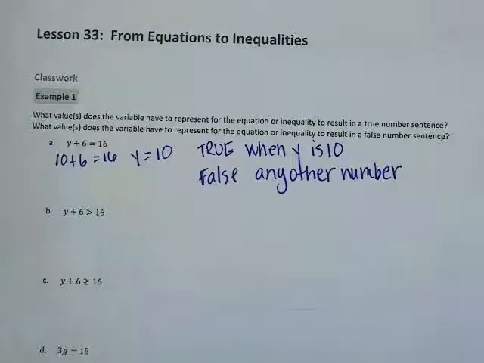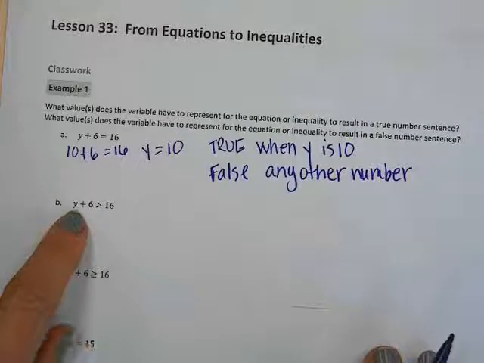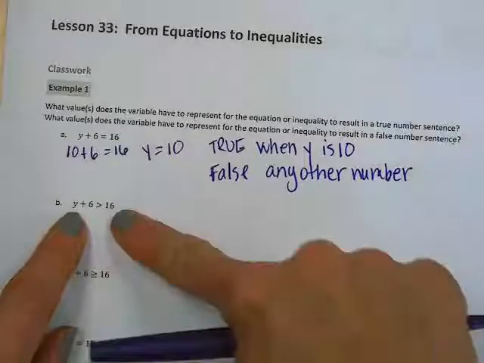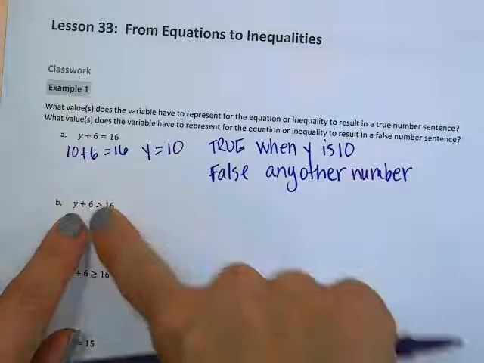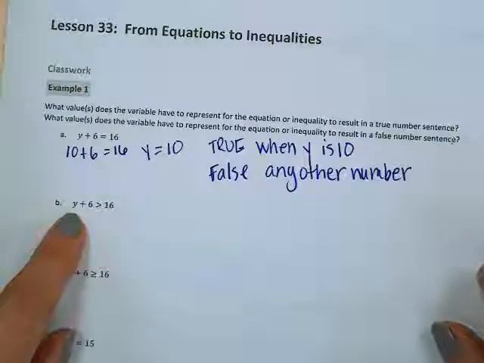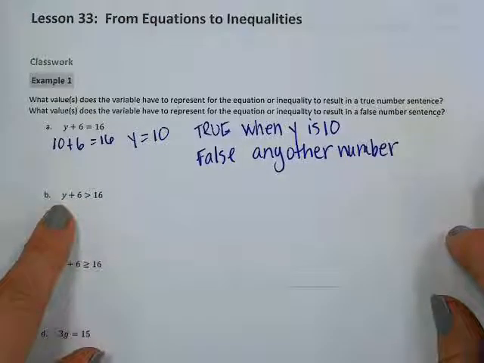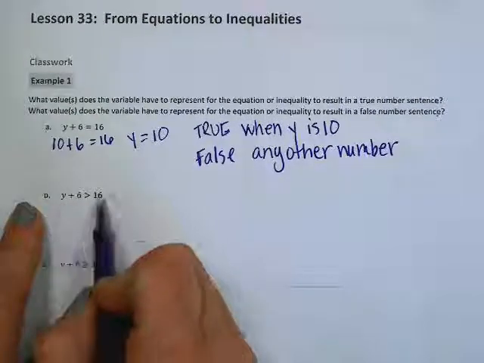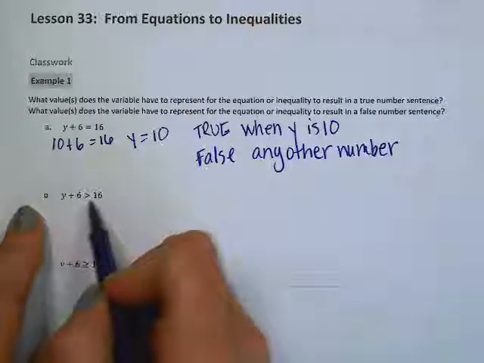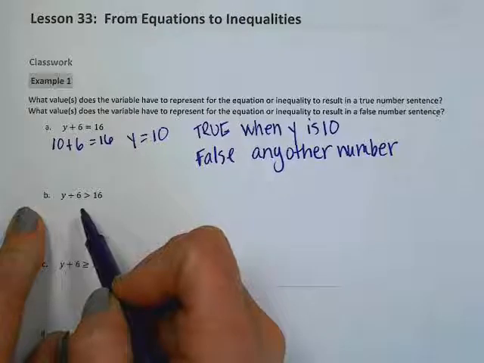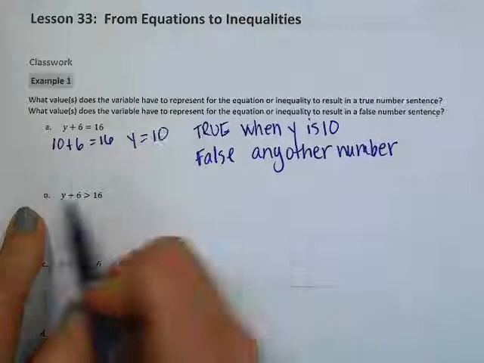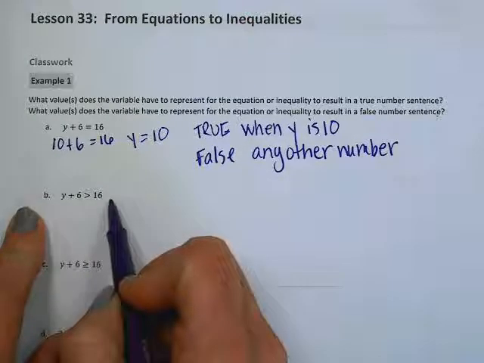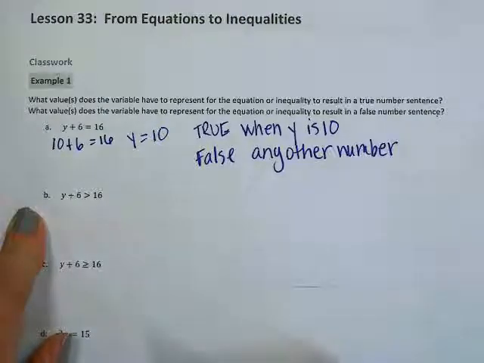B says y plus 6 is greater than 16. So we have the same expression on this side and the same value on this side, but a different sign, which is going to change our answer. So y plus 6 is greater than 16. So we have to think, well, we know this side of the equation is going to have to be greater than 16. So what could y be to make that true? Well, if we know 10 plus 6 is 16, then any number greater than 10 is going to make this